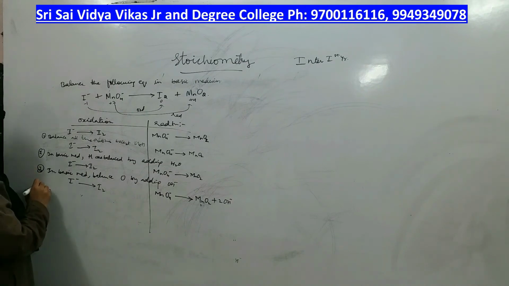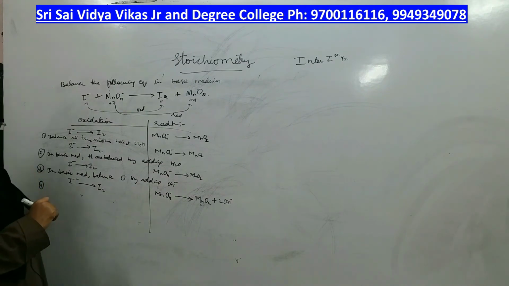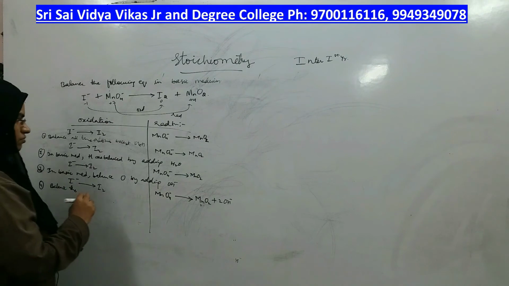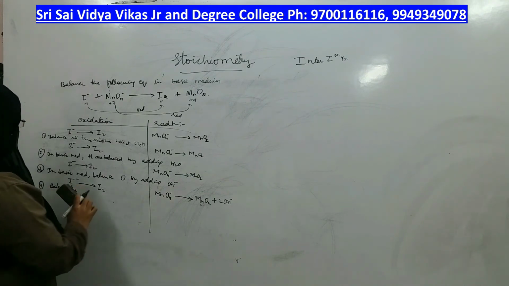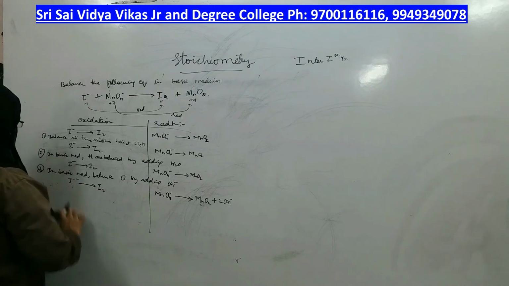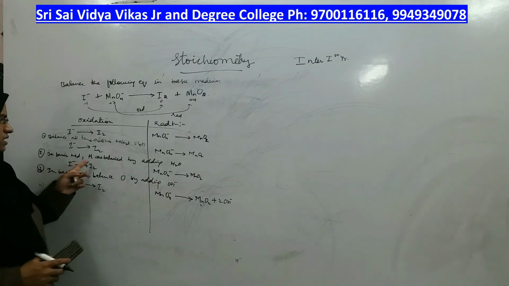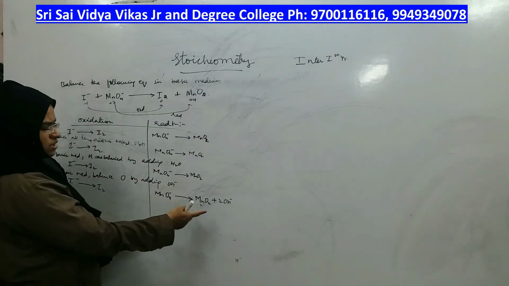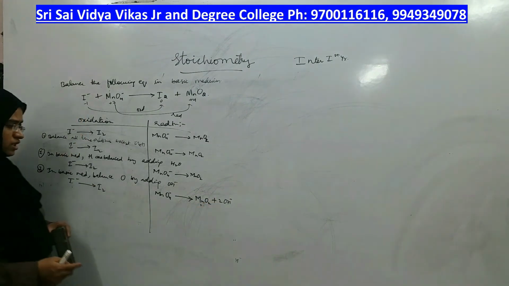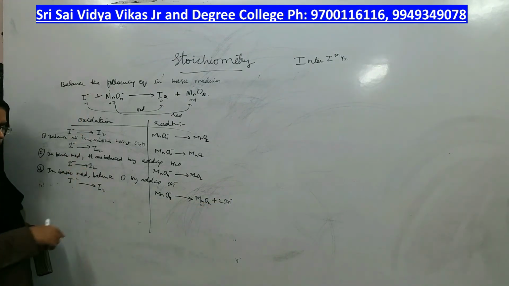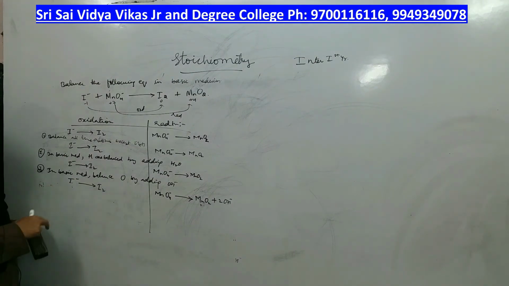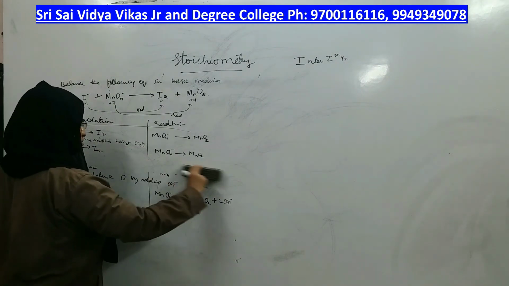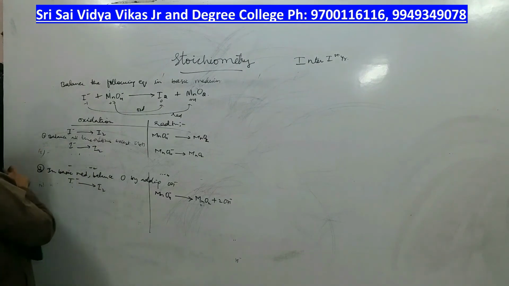Balance the charges. Okay? See here in this molecule, actually what is the rule? We have to balance hydrogens and then oxygens, right? If you balance hydrogens first and then oxygen, hydrogens are getting added now. So what we will do is balance oxygen first, and after balancing oxygen, hydrogens are getting added, so we will balance hydrogen. So make the third step the second step and the second step the third step. Okay?